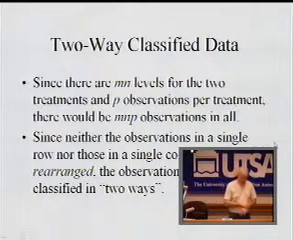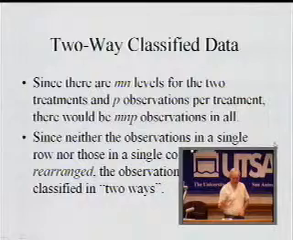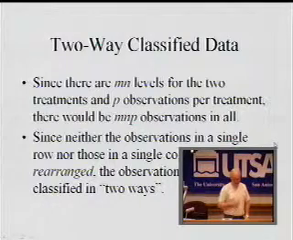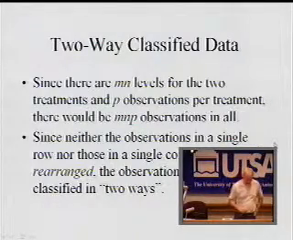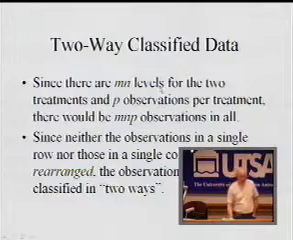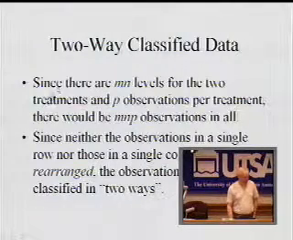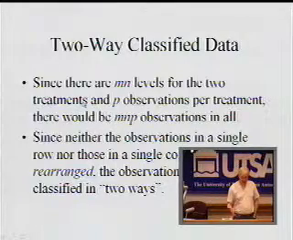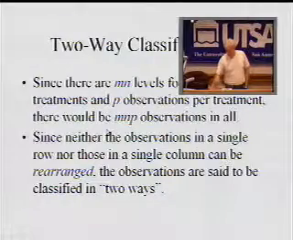If you're struggling with it a little bit, start with the way you'd expect your data to look on a graph, and then work it back to a data table, and then determine the layout, and then you're at the statistics. So the two-way classified data, since there are MN levels for the 2 treatments, that sounds familiar from the one-way ANOVA, and P observations per treatment, there would be MNP observations in all. So it's a similar type of